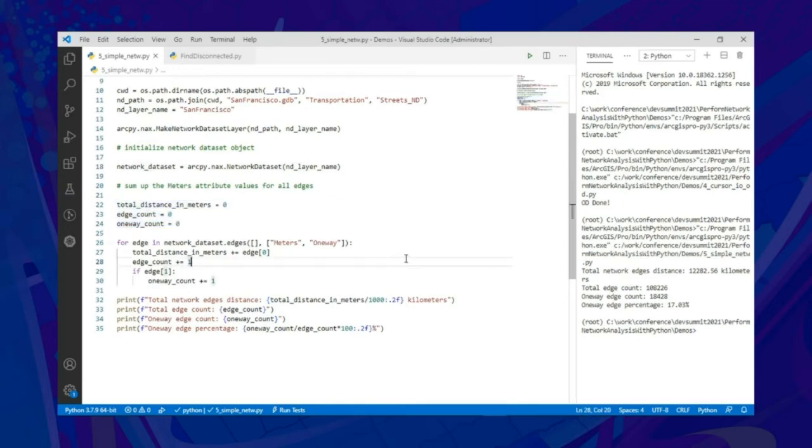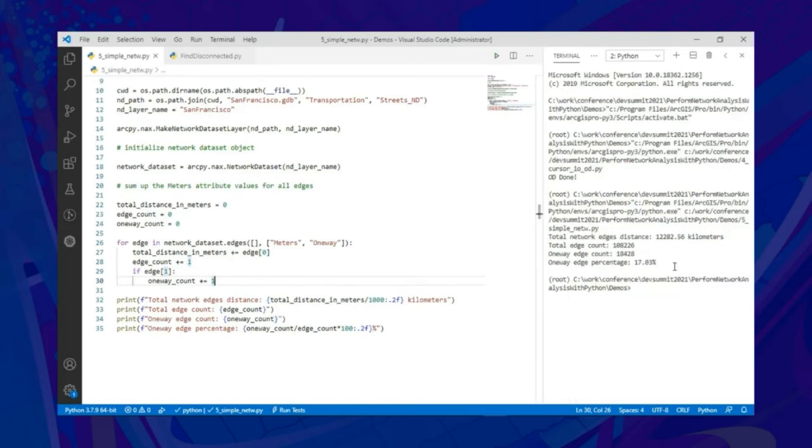And all the magic is happening here. This iterator goes through all the edges in my network dataset and gets the meters and one-way attribute on my edges. So now I can sum up the total distance, count the edges in my network dataset, and if the edge is one way, then I count it separately. So on my terminal, I can